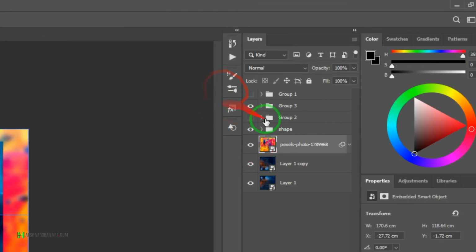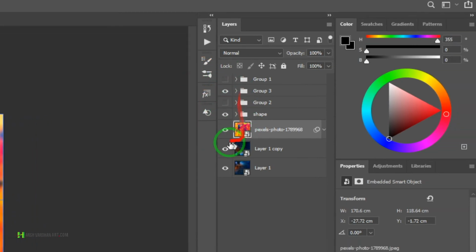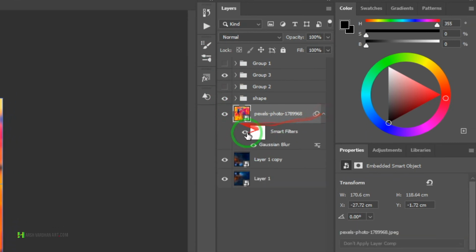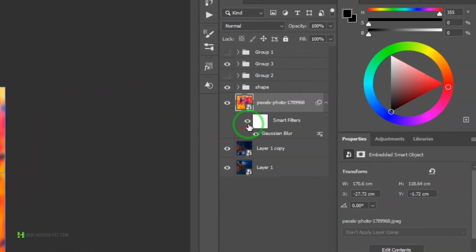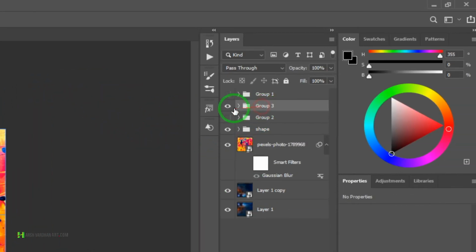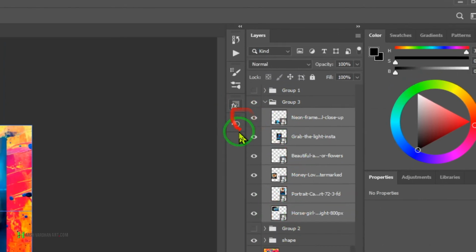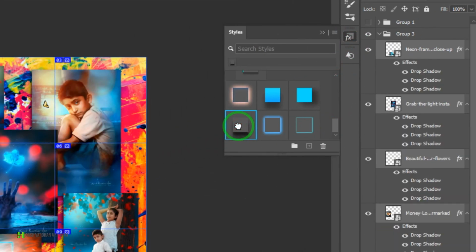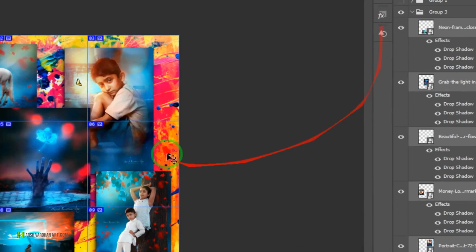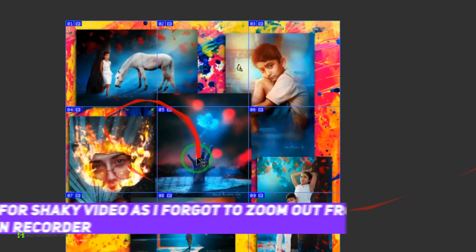See, I have placed the other images on this grid number 3, and I have blurred out this background as well because the earlier one was so messy. I just wanted to make it a little lighter. Now let me add the drop shadow effect to all of these. Go to the effects and select the drop shadow. Alright, so now drop shadow is also available, and now I will export these.